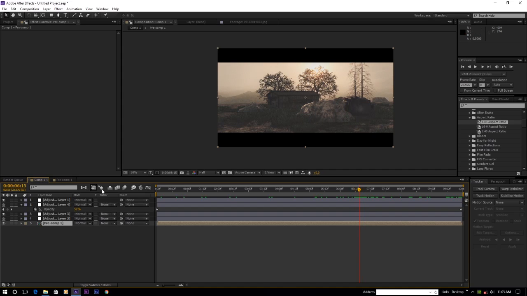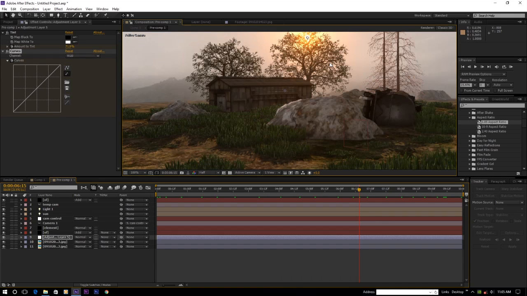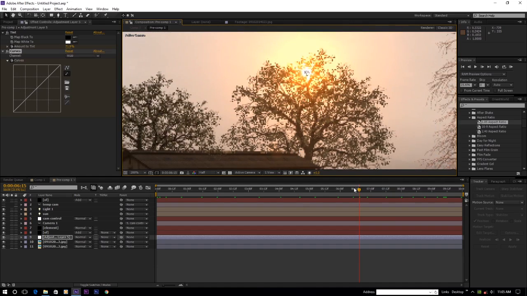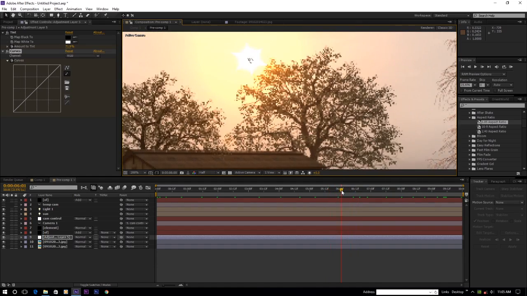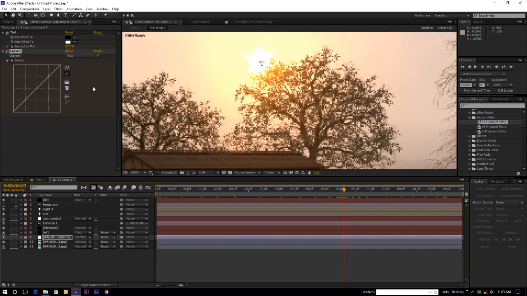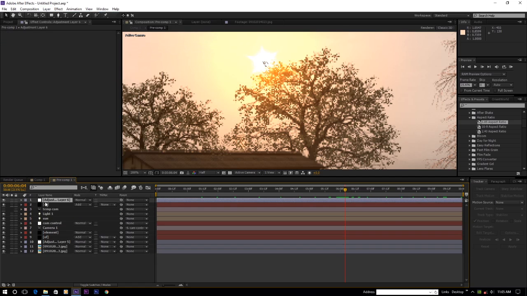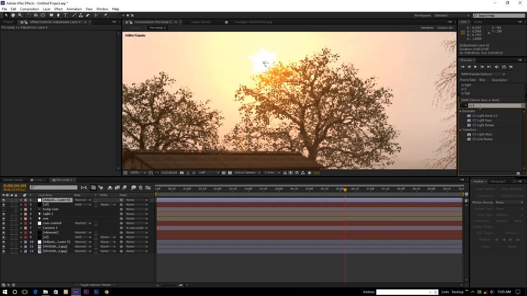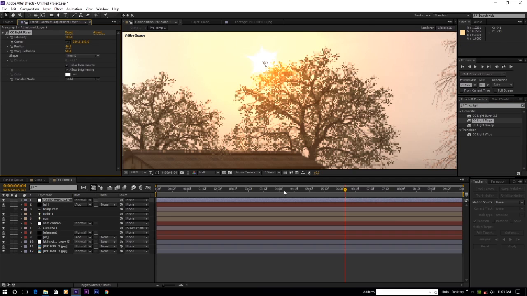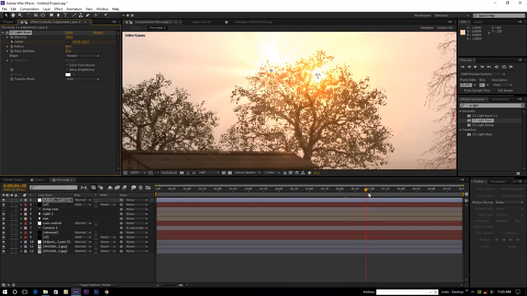So the last thing is the volumetric light trace. That is very easy to do. We just need an adjustment layer. In this layer I use the inbuilt plugin called CC Light Rays. That is the inbuilt plugin, and change the center from here, also keyframe the center, and in the very end